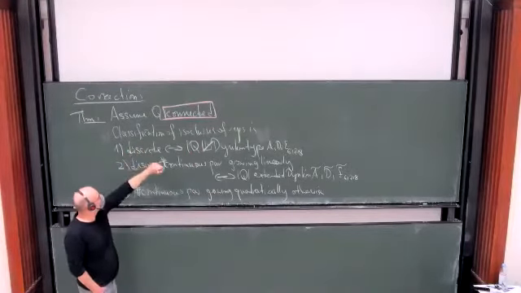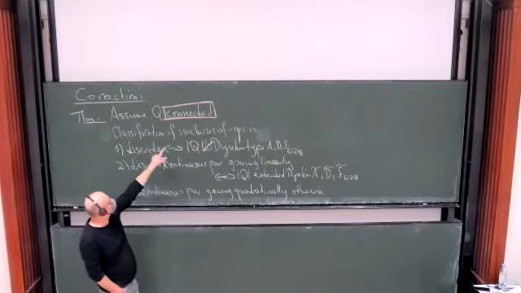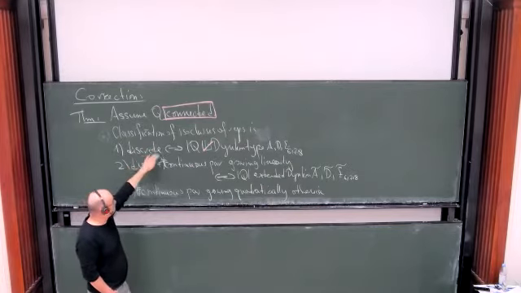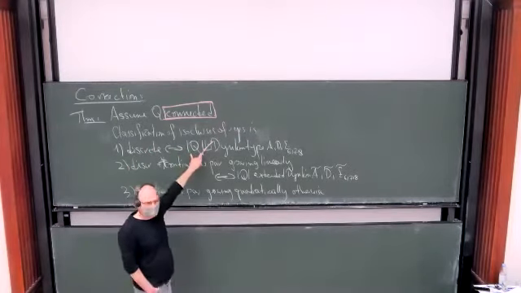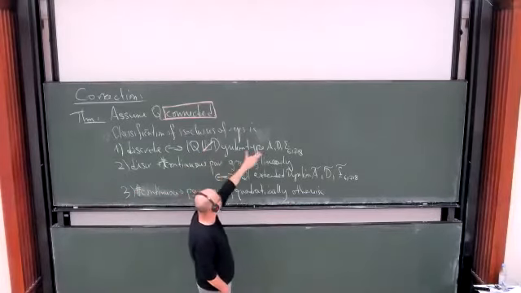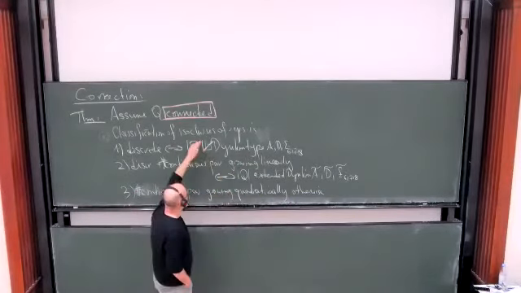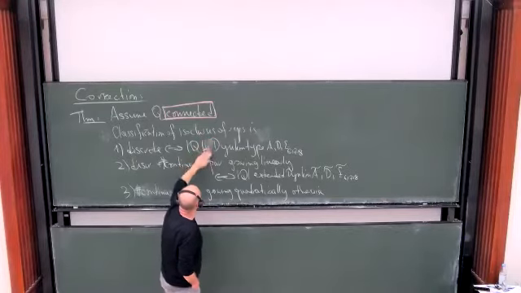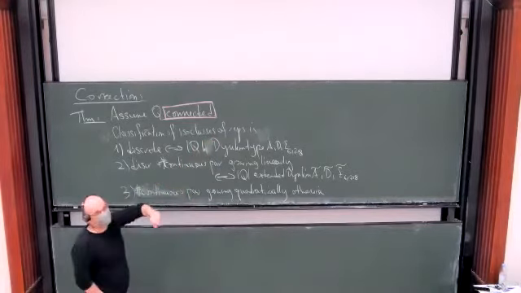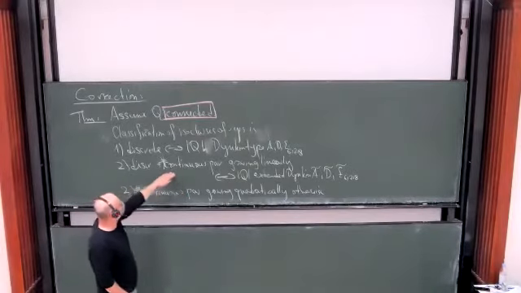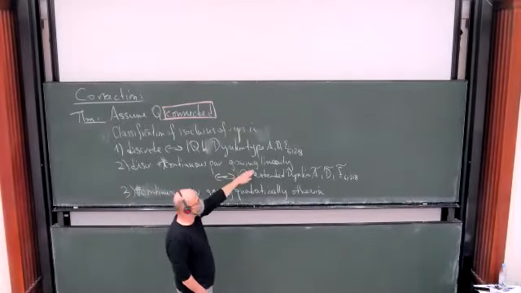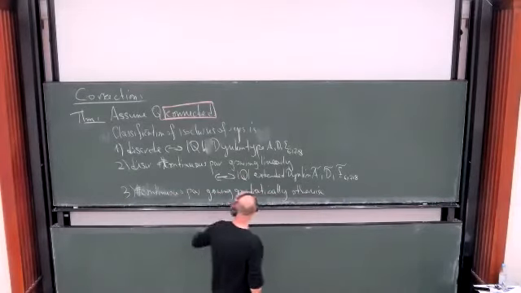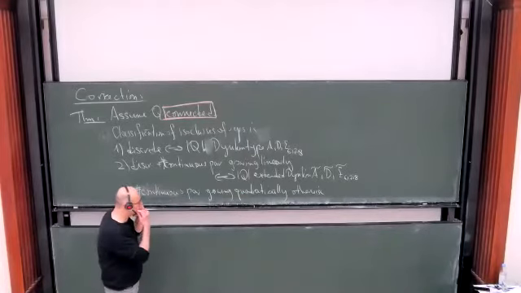So if your quiver is connected, then the problem of classifying isomorphism classes of representations is a discrete problem if and only if the underlying unoriented graph is just a Dynkin type ADE quiver. And then you can omit this disjoint union because of connectedness. You have discrete plus continuous parameters growing linearly if and only if Q is an extended Dynkin quiver, and the number of continuous parameters grows quadratically